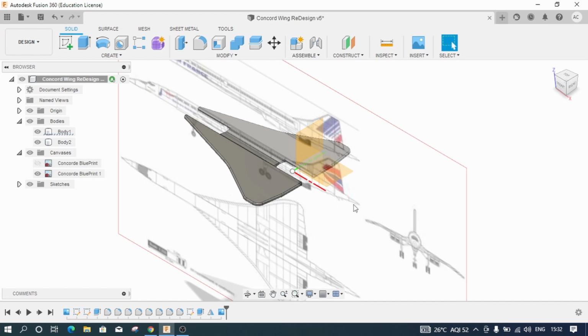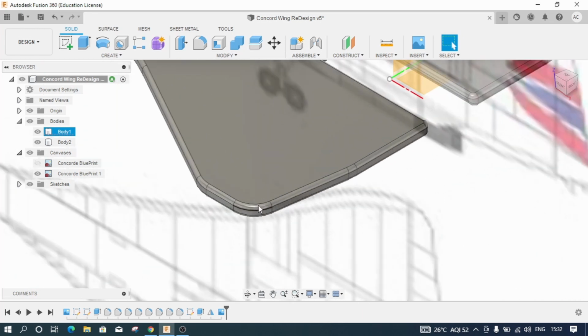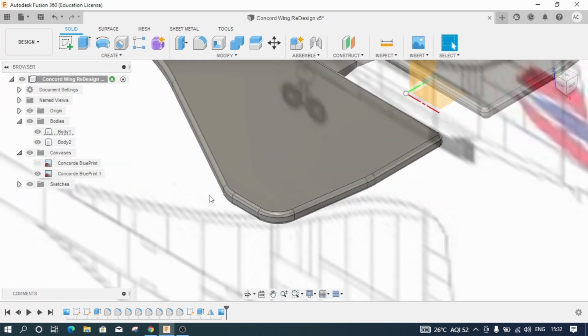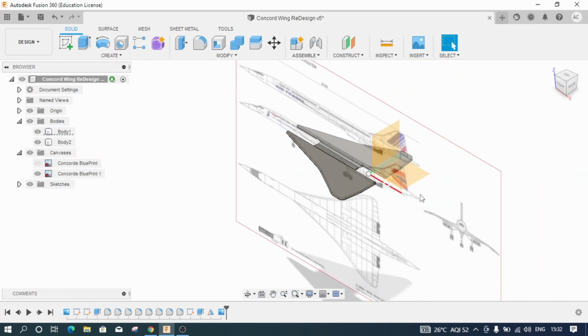There are three main axis systems about which the aircraft gets controlled. One is the pitch control, another is roll control, another is yaw control. So this particular rudder gives you the yaw control, which helps the aircraft in turning. And if you want me to make a separate video course on flight dynamics, I can also do that, because I have also studied flight dynamics as my side subject while I was in college. So I can also explain that to you. But for now, let's just focus on making this particular model aircraft.